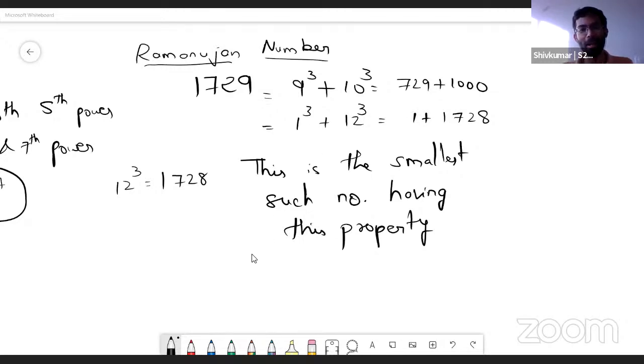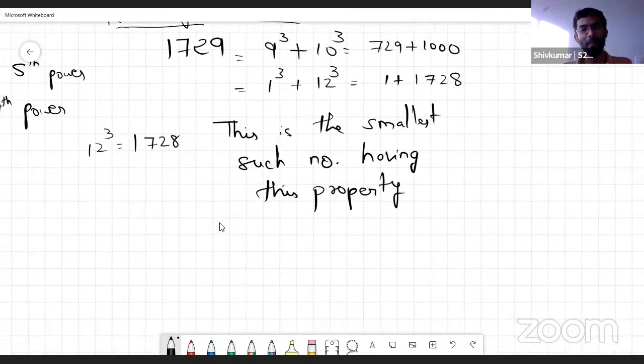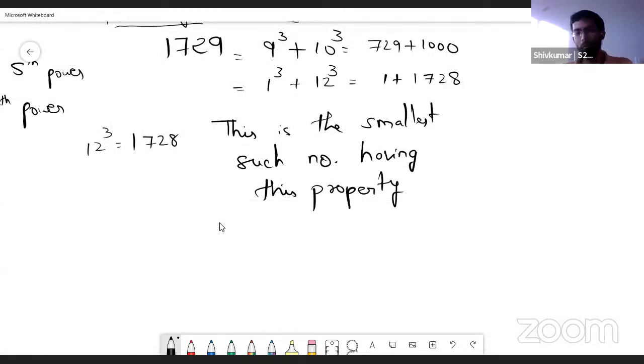Okay, so now let us look at Nazneen ma'am's statement. Is 1729 the only such number? Again, the same question, right? Is 1729 the only such number? It is the smallest number, as Ramanujan told. Are there more numbers like this greater than 1729? That's the question. And Nazneen ma'am says she has read somewhere that there are 6 more such numbers. Okay, fine. Let us explore this question.